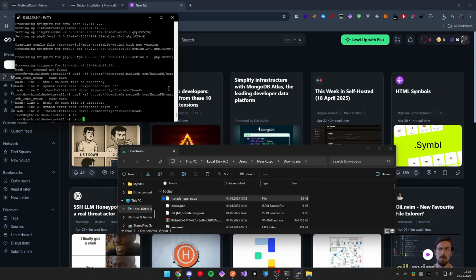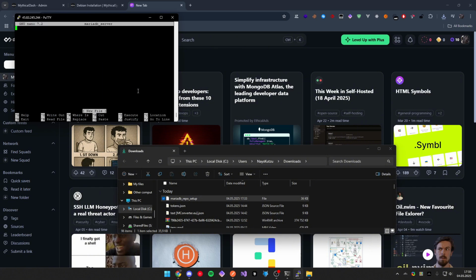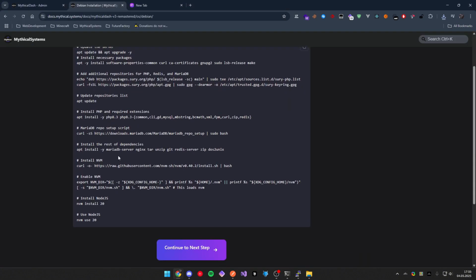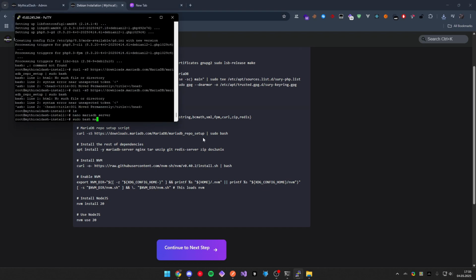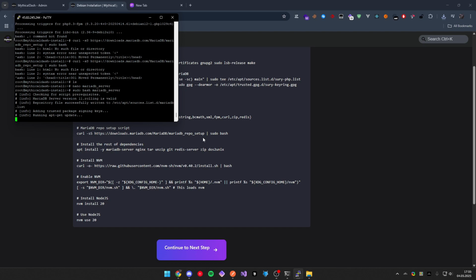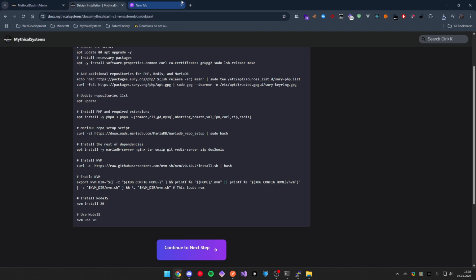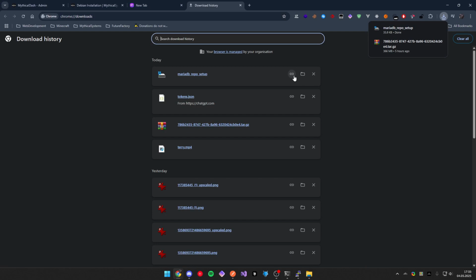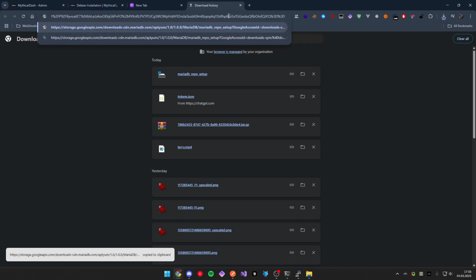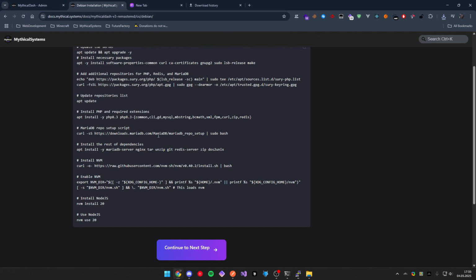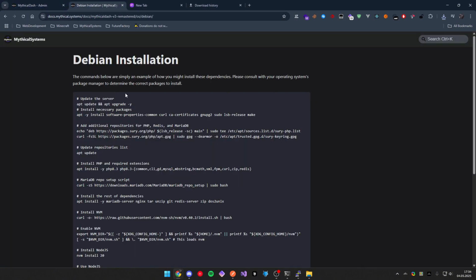Yep. Nano MariaDB setup. Of course, and now we have to run sudo bash MariaDB server. This is in case it happens to you. It shouldn't happen to you though, but if it does, my bad. Of course, it's using a Google API. Okay, now that we have that installed,